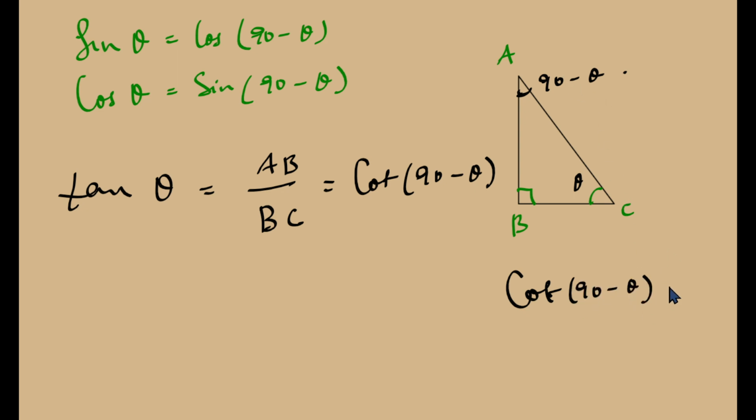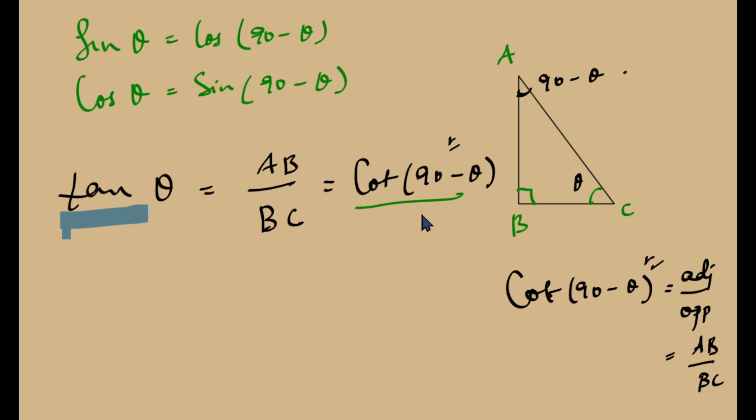Cot 90 minus theta would be equal to adjacent of 90 minus theta by opposite of 90 minus theta. And the adjacent of 90 minus theta is AB, by BC, and hence both are the same. So we have established a third relationship here, that tan theta is equal to cot of 90 minus